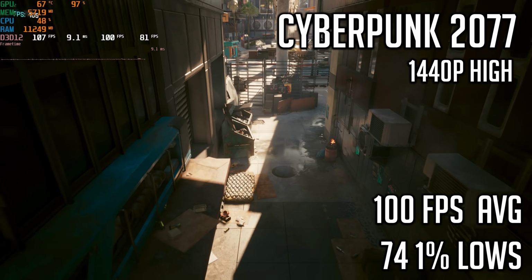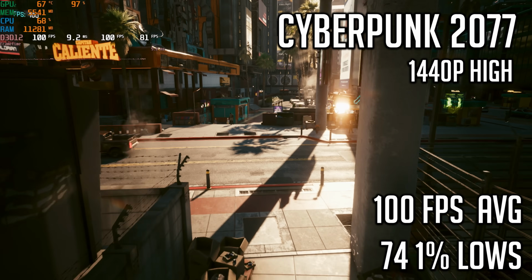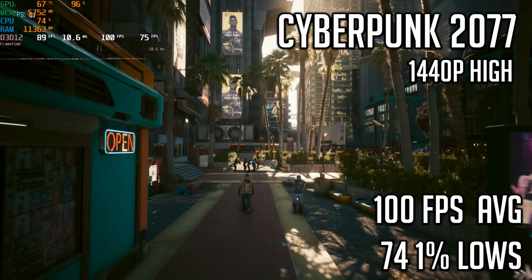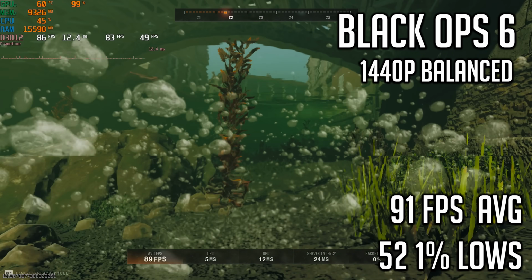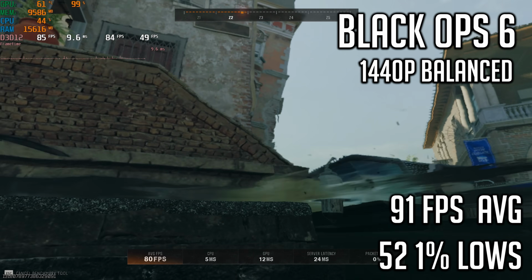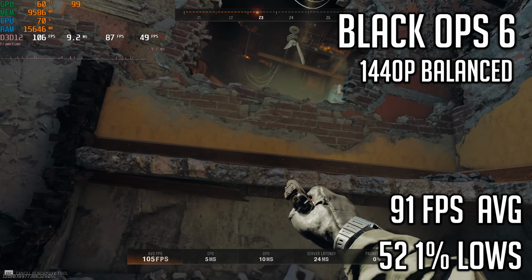Next up is Cyberpunk 2077, which I tested at 1440p using the high preset and the built-in benchmark. Doing this resulted in a 100 FPS average with 1% lows of 74, which is great performance in my opinion. The next title is Black Ops 6, which I tested at 1440p using the balanced preset and the built-in benchmark. Running this resulted in a 91 FPS average with 1% lows of 52, which is plenty of performance for casual